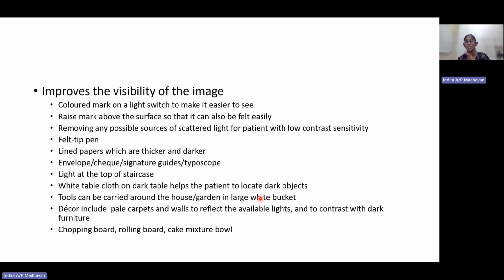They'll be using this. But the drawback of pens and also pencils is that the nib will be very, very thin. When it is very thin, when they write on the books, it will not be able to be read by the patient because it is too fine. So to overcome that, what we usually advise the patients is to have a felt tip pen,